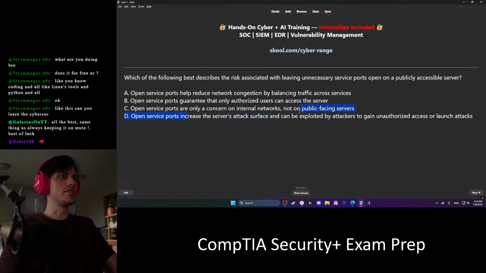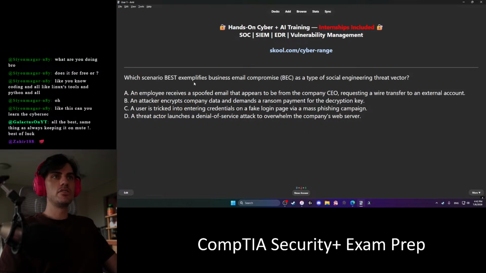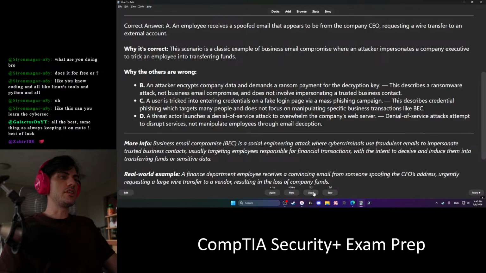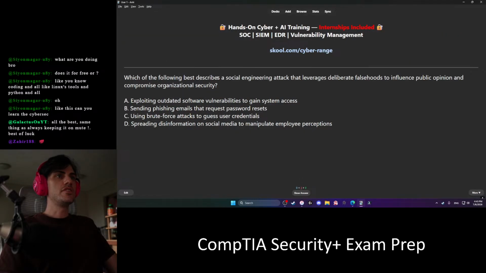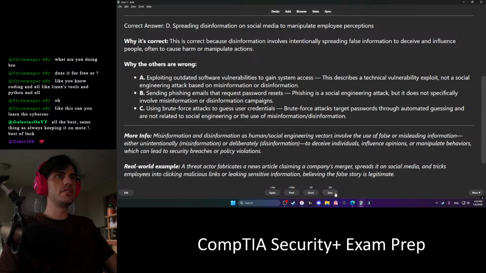Service ports and the service attack surface can be exploited by attackers to gain unauthorized access or launch attacks. Best exemplifies business email compromise: just spoofing of an email basically within the company. Which best describes social media falsehoods? It's D there.